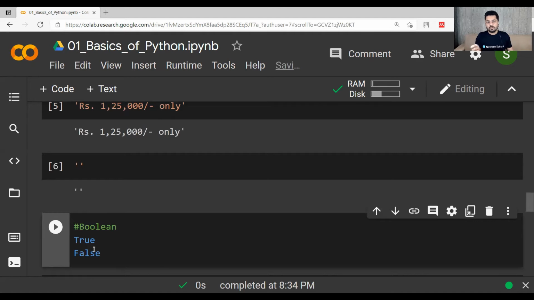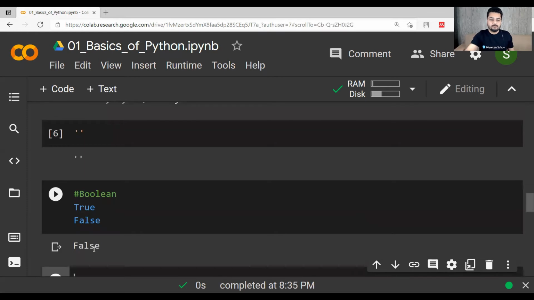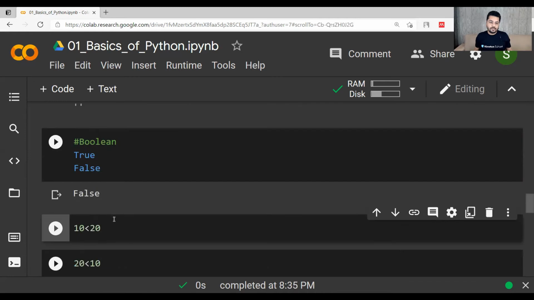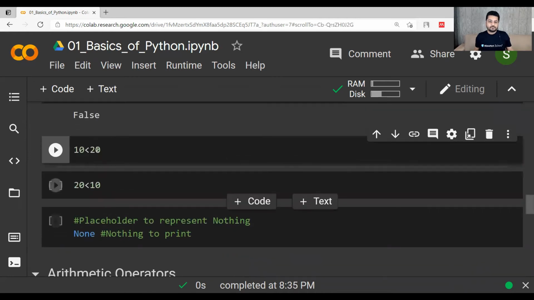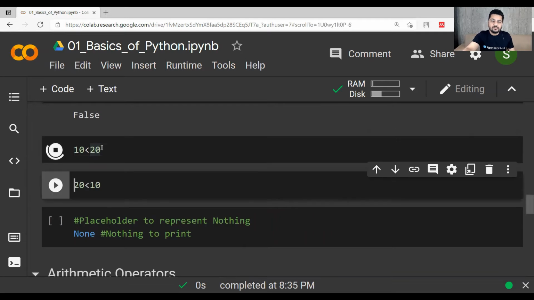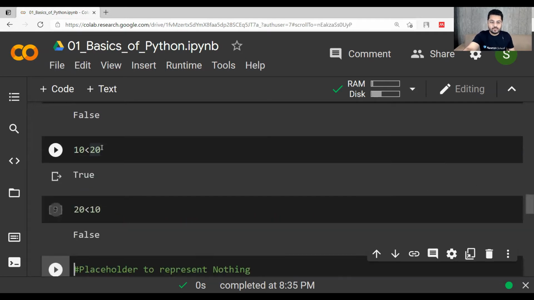And if it is equal to 0, it will be false. So these are the two Boolean values. Let's see how things are printed if we run these commands. So 10 less than 20, it is true, right? 20 less than 10, it is false. So true and false is being printed.